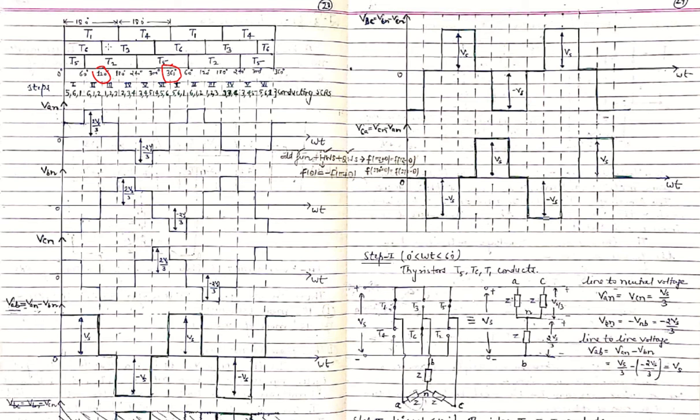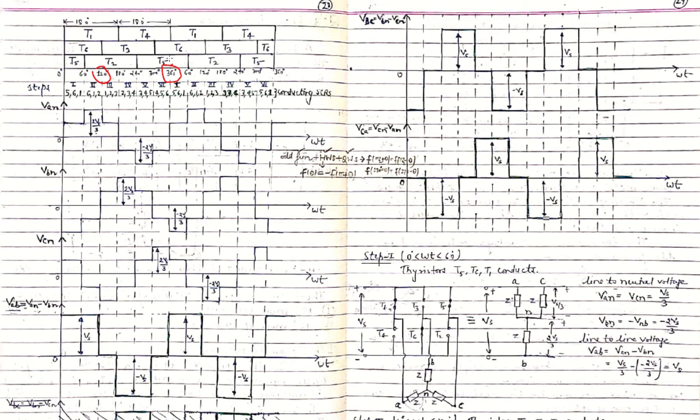So T1 starts from here, and we add 120 degrees to this. If we add 120 degrees to this, then it will conduct up to 300 degrees. So T3 will be conducting from 120 degrees to 300 degrees, that is a 180 degree duration. So each individual thyristor is conducting for a 180 degree duration, but they are fired at an interval of 120 degrees, in the case of the positive group as well as the negative group.